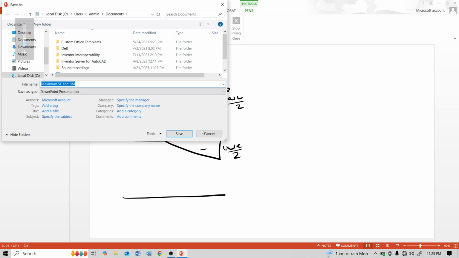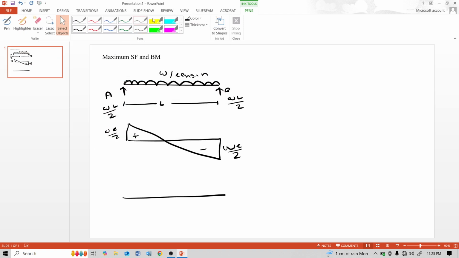Now see, due to this uniformly distributed load there is this maximum at center, and value is WL square by 8. Now next,